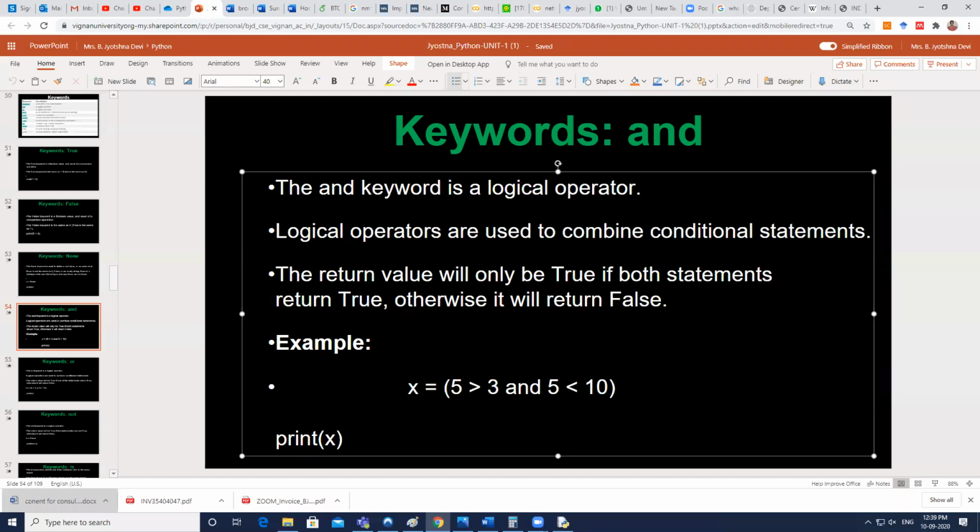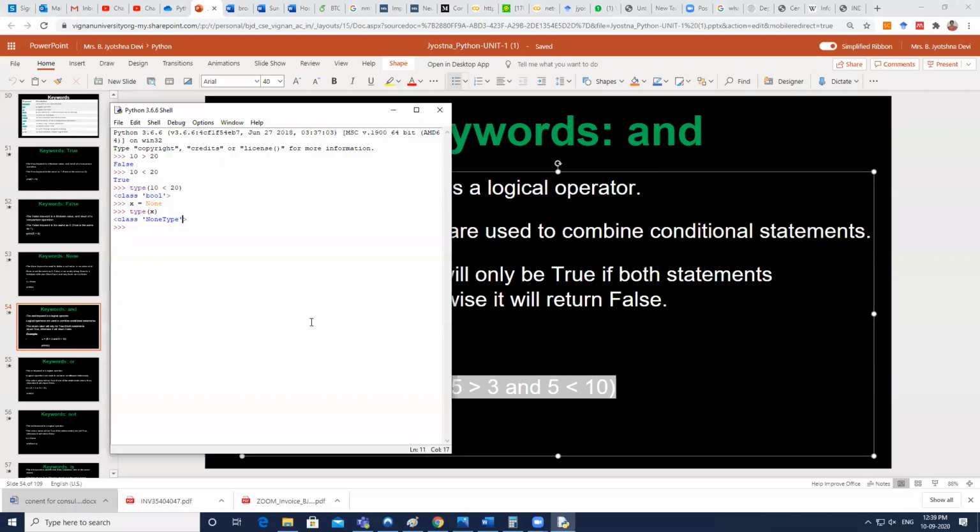Here we have an example. 5 greater than 3 is one relational operation, or you can say a comparison statement, and 5 less than 10 is another condition. Whenever you want to join these two different conditions, you can use and. I hope you know much about this and statement.